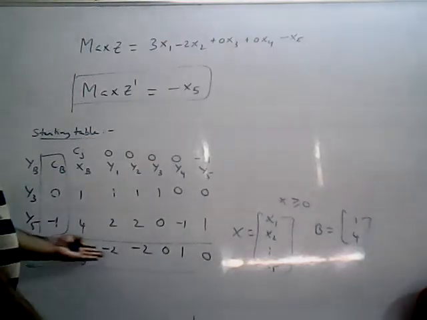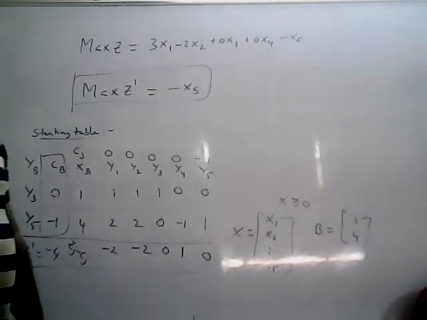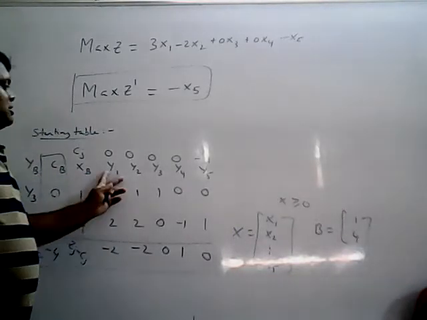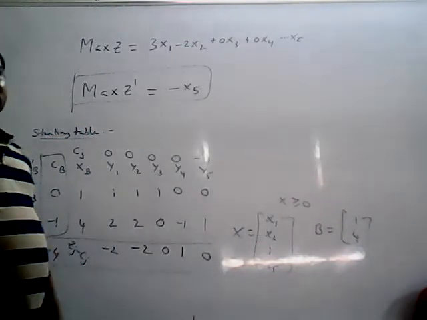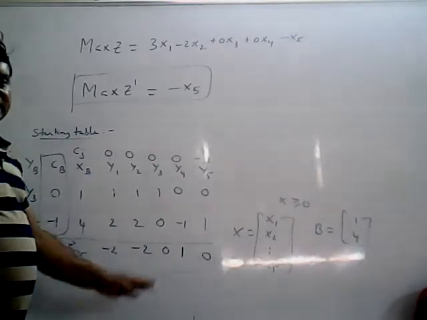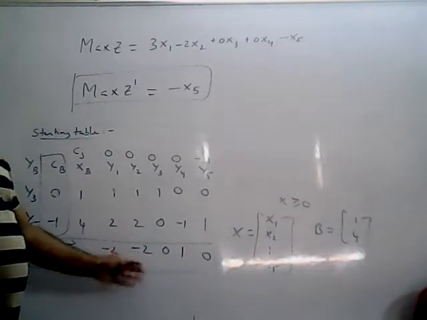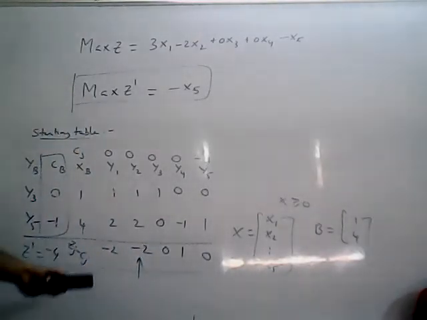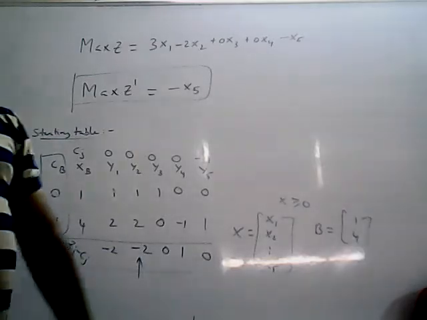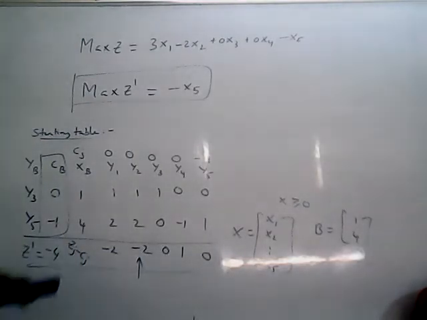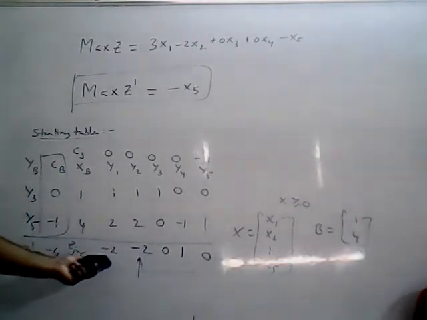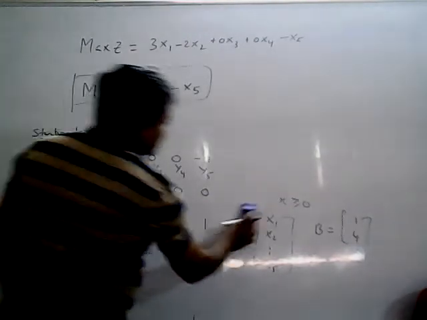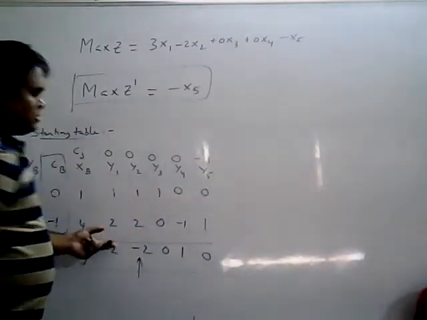If both are the same, first preference will be given to artificial variables, next slack and surplus variables, next original variables. But here both Y1 and Y2 are the same, so you can choose any one. Someone will choose this one, someone will choose that one. I am choosing Y2, the most negative, otherwise you can choose any, so I am considering Y2 as the entering column. Someone will choose Y1, no problem.